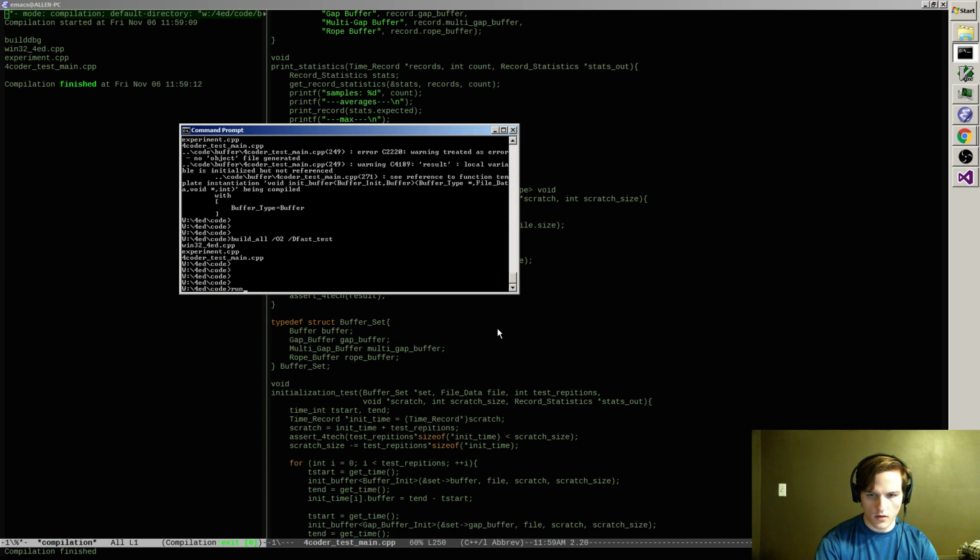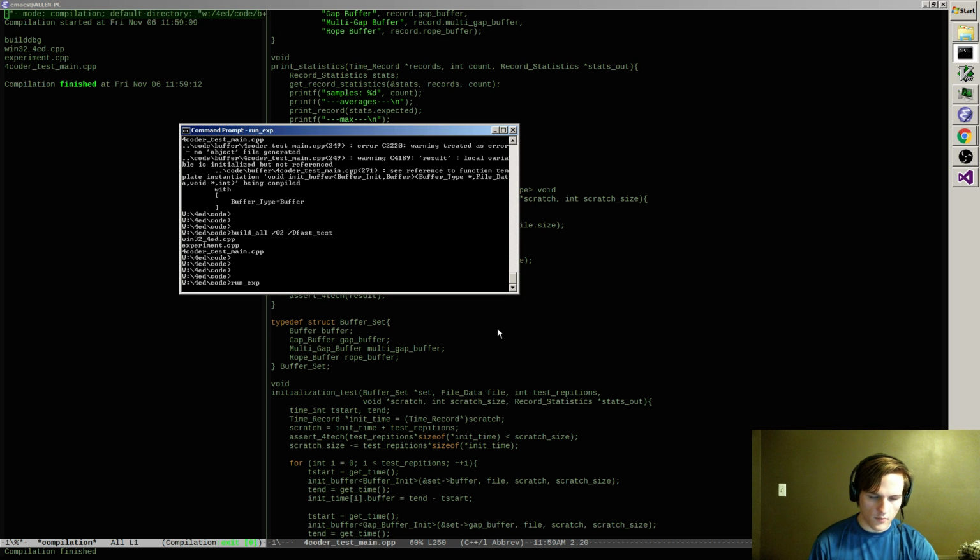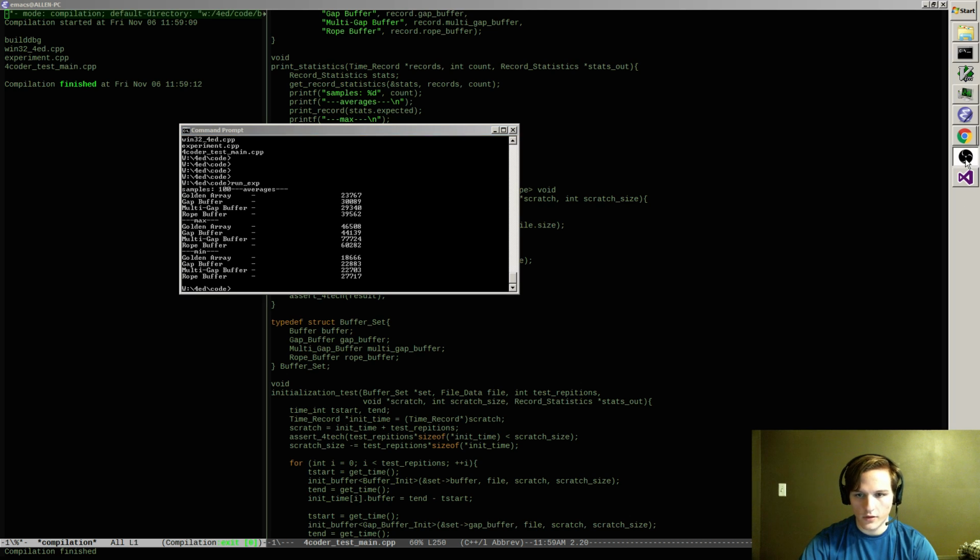Okay. Now let's run the experiment with some properly optimized code and see if the distribution changes at all. See if we get real world numbers here. We will get the numbers that happen in the real world. We'll just see what they are. Alright, so yeah, the initialization, I think that just caused the golden array to pull away even more from the pack in terms of speed at initialization time. It's pretty much across the board now.